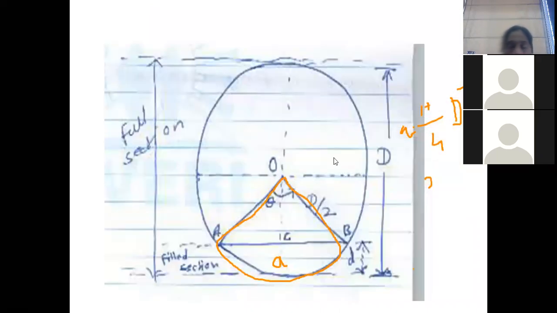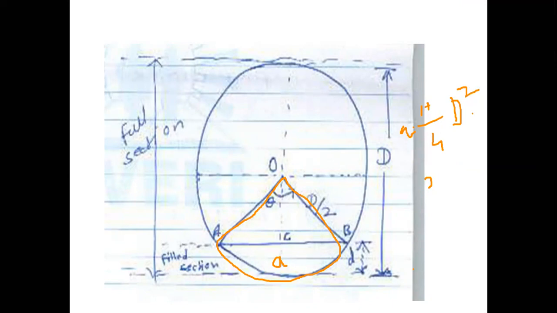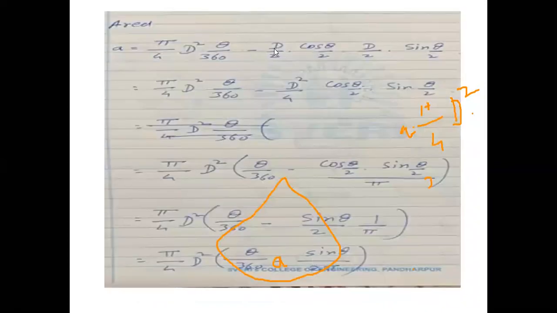That we did. Now the next part, whether we want to take into consideration the area of the triangle. No, it is not required to take into consideration the area of the triangle. Why is it not required? Because we are focusing only on this much area. So we have to subtract this area. How to subtract that area? These are the two triangles. So simply we can subtract these two areas by writing minus D by 2 into cos theta by 2 for one triangle, and into D by 2 into sin theta by 2 for the other triangle.